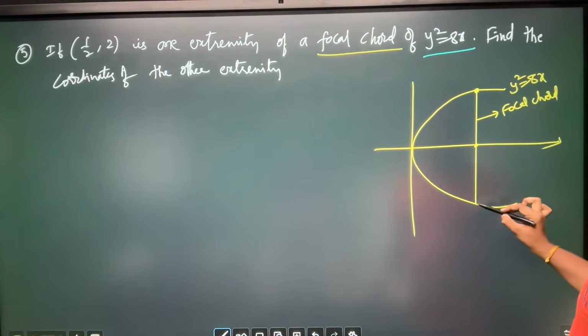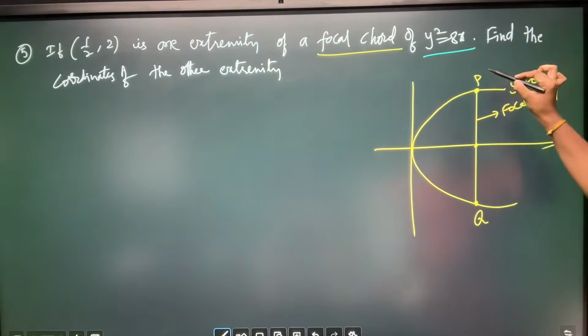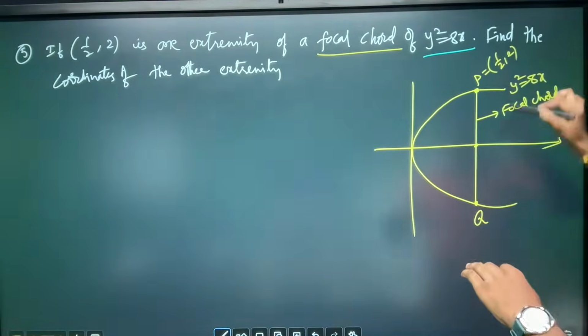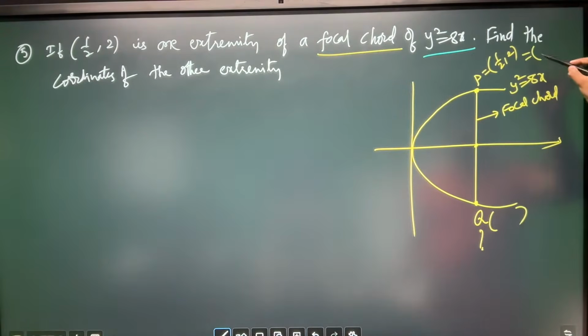Chord అంటే ఏంటి? Any line segment which is passing through 2 points. ఇది మీరు P తీసుకుంటే, ఇది ఏమనుకుంటారు? Q1 తీసుకుంటారు. ఓకే, సో ఈ వన్ ఎక్స్ట్రిమిటీ ఏమి ఇచ్చాడు వాడు మనకు? 1/2 comma 2 ఇచ్చాడు. We have to find the second extremity. ఈ Q coordinates we have to find. See, whenever they give the points, we have to take